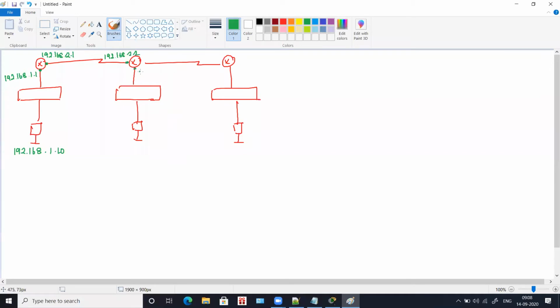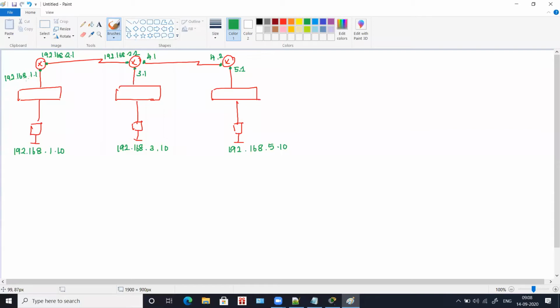This is going to be 3.1, this is going to be 4.1, this is going to be 192.168.4.2, and this is going to be 5.1. This IP will be 192.168.3.10, and this will be 192.168.5.10. So these are the IPs assigned to each and every interface.